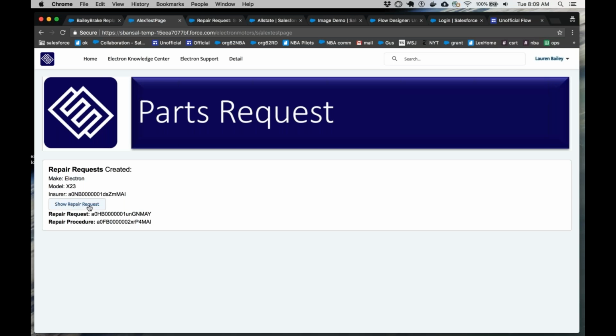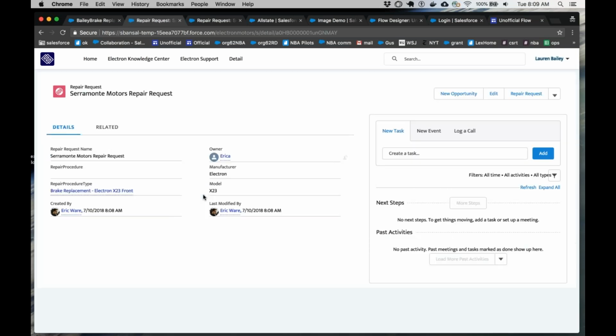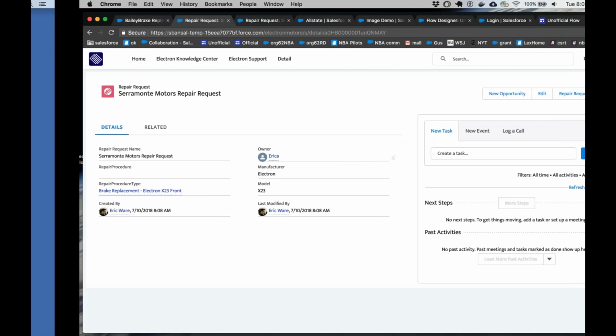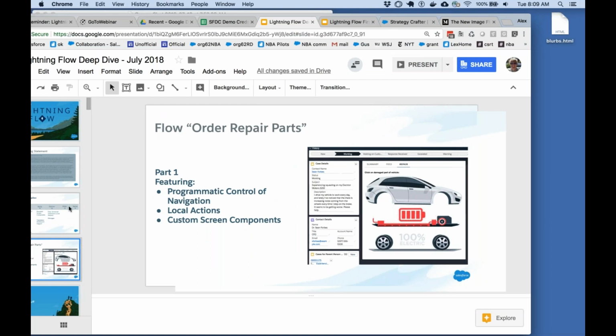We're still in the flow, and this is a button. Buttons are new to flows. This is another use of the component interface. So when I click on this, it's going to take me straight to a record ID. That's a combination of using new flow navigation techniques and also flow finishing behavior, which is an effort of ours to make it more seamless when you finish a flow to take the user to the next location. So we're looking at this, but what I'm going to do now is shift persona away from Community Cloud, and we're going to go and look at the Service Cloud. But before we do,